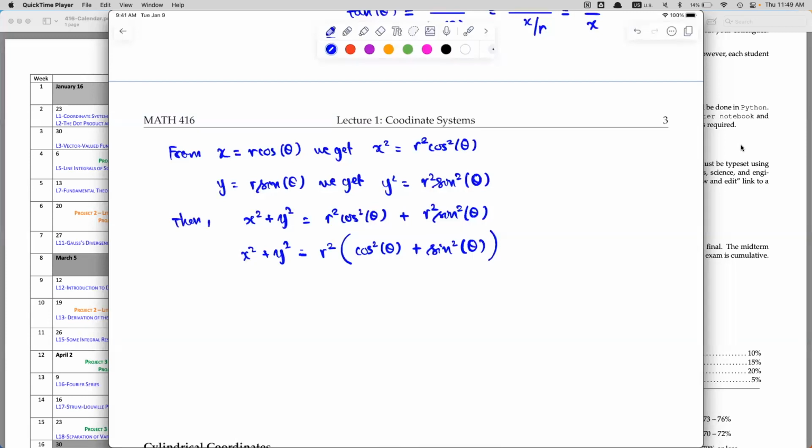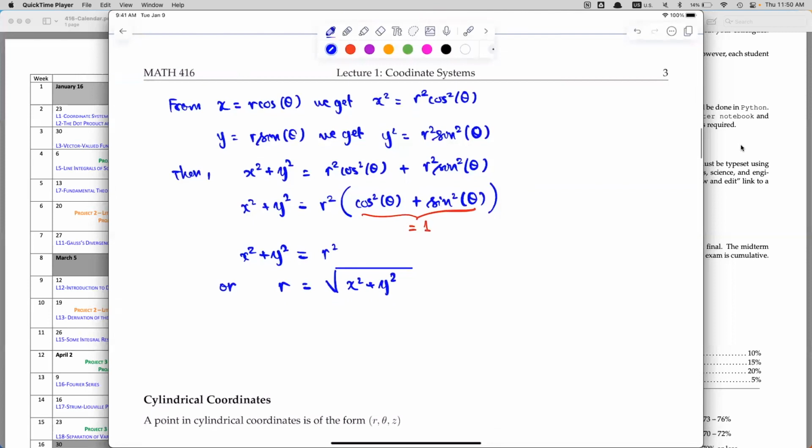That's the trig identity. So you're left with x squared plus y squared equal to r squared, or r equal to the square root of x squared plus y squared. Usually when you take the square root of an equation, you have two values, positive and negative, but in the